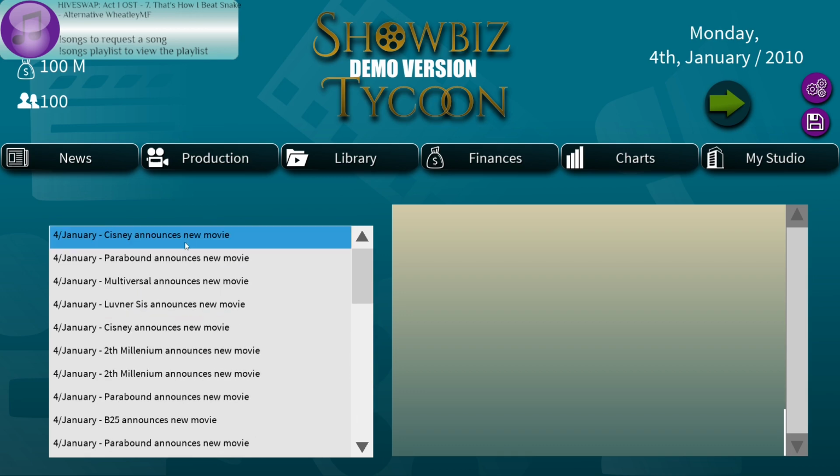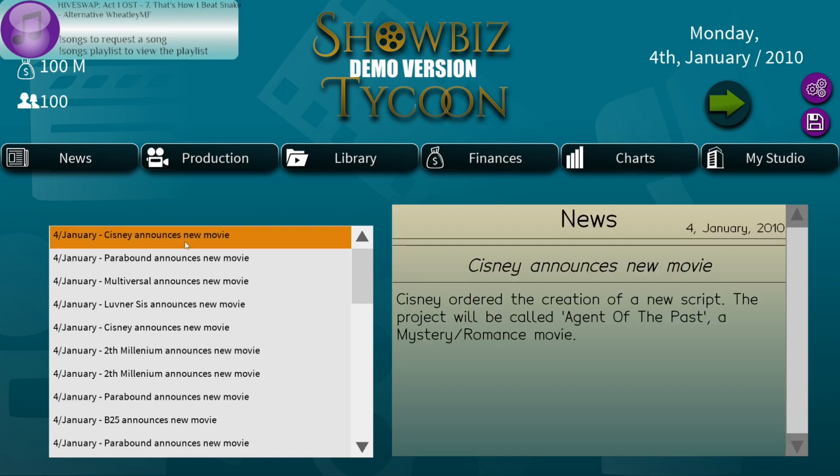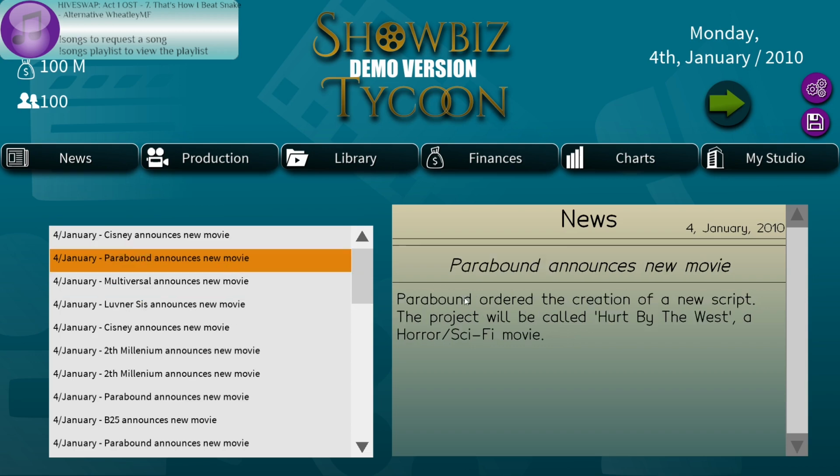Alright, so it's January 4th, 2010. Disney announces new movie, Agent of the Past, a mystery/romance movie. Parabound announced a movie, Hurt by the West, a horror/sci-fi movie.